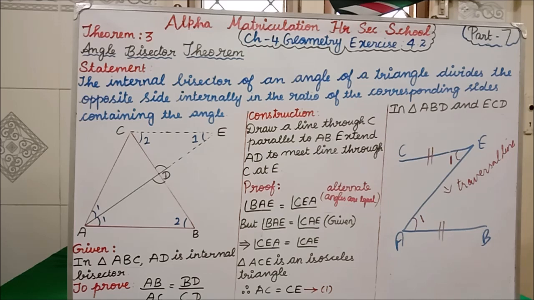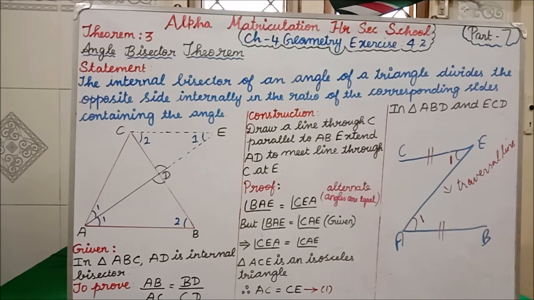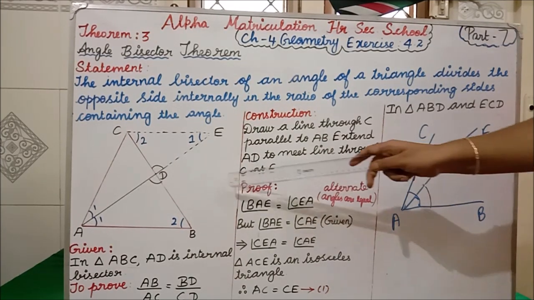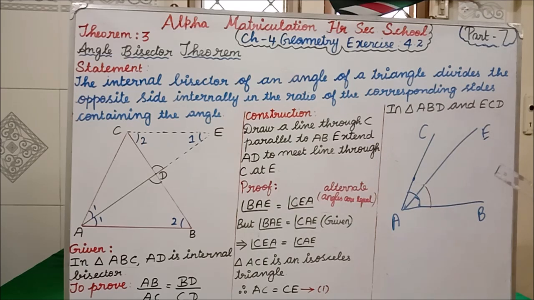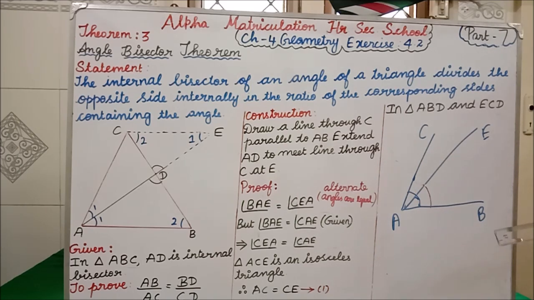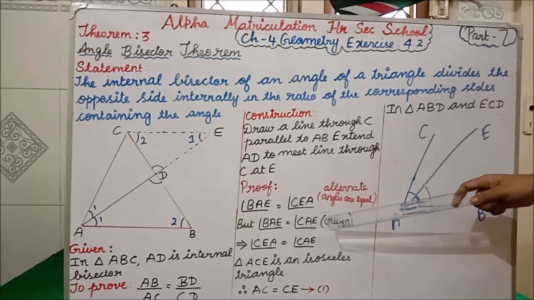Next we are taking angle BAE is equal to CAE. In brackets we have written given. How? From this main diagram only I am drawing all these small diagrams. Don't think that this diagram and this diagram are separate. Both are the same only. What are the parts I need? That part alone I have drawn separately here. Clear? Now, BAE is equal to CAE, given.